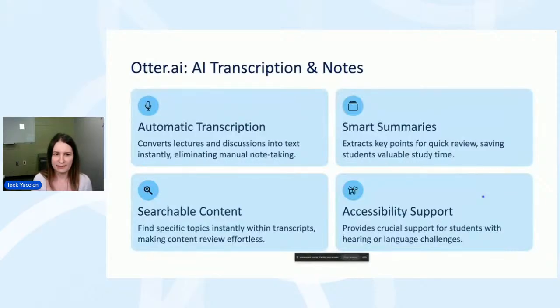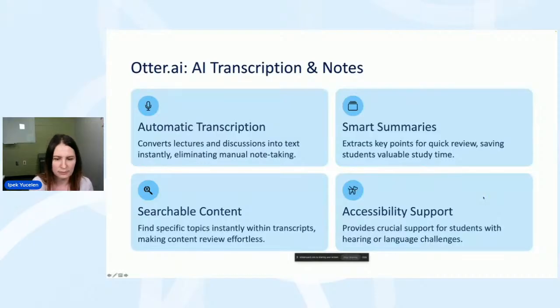Essentially, as I said, it has automatic transcription. It provides smart summaries, and it is really good quality. It also helps some students if they have disabilities. And it provides searchable content. From the summary, if you click on the transcript, it will directly take you to the point where I was talking about that text. So it will directly go to the spoken language.